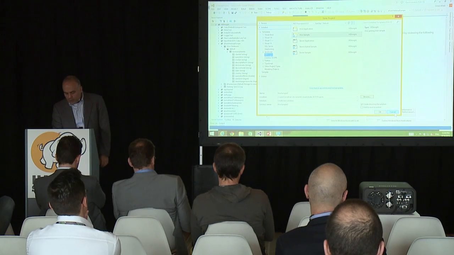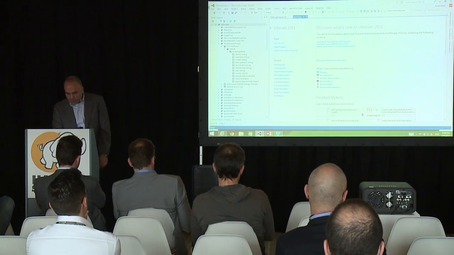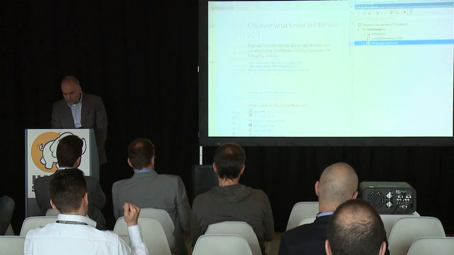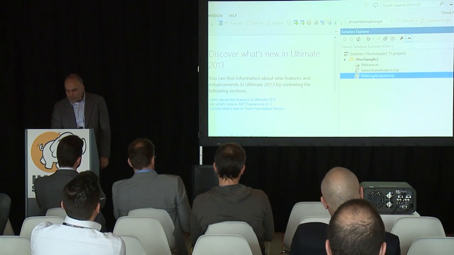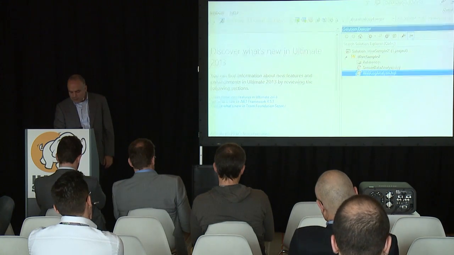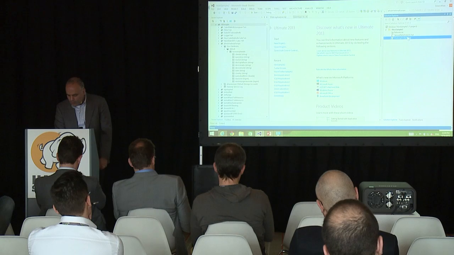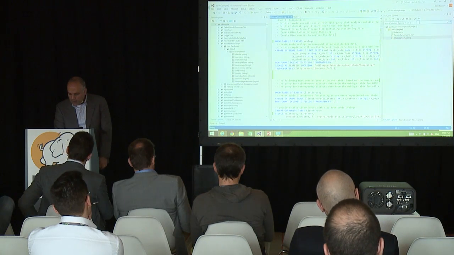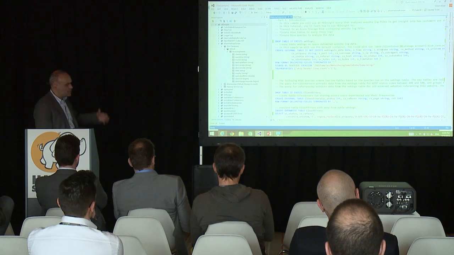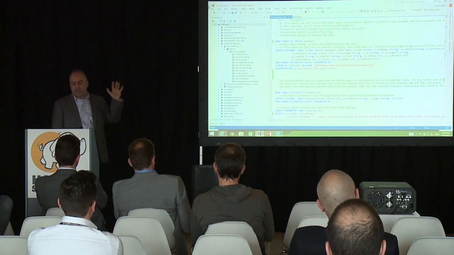I can click here and do that, but I've already created one, so let me just show you what I have. I actually took one of the sample ones. If I look in the Solution Explorer, there's a project. There's a couple of Hive query language files, the sensor data analysis and the weblog analysis. If I open the weblog analysis one, and we'll just collapse this to make it easier to see, you'll see, as I said, this was one of our sample tutorials. There's a bunch of Hive code in here.